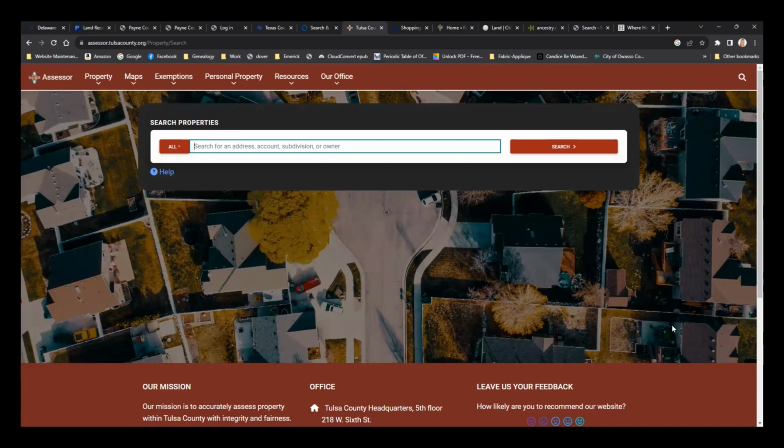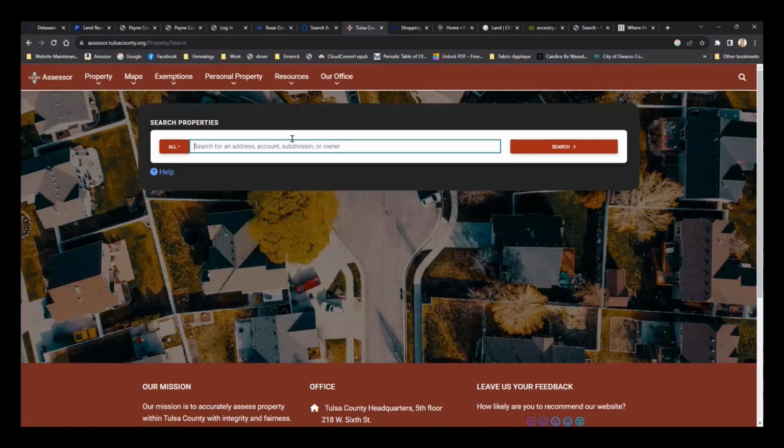I will tell you that I use this a lot for live people. I actually just helped a friend in Texas try to find the current owners of some properties she wanted to buy. I used the assessor's office to start with to get names. And then when I was trying to track those people down, I went to the assessor's office in the county we believed they lived at currently, and found where they owned property and got their mailing addresses. So this is a good site for that.